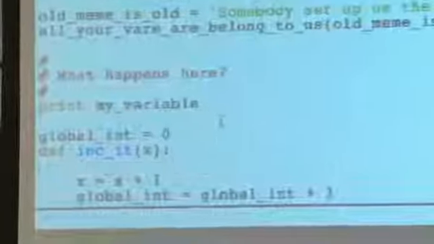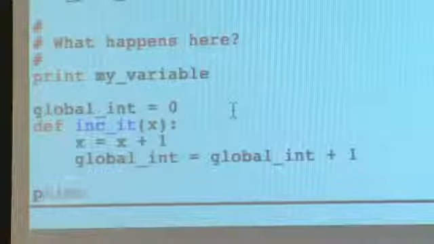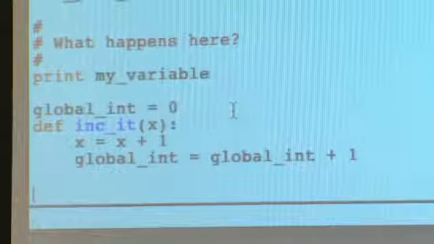Actually, let's not do that. All right, so if I run this code,